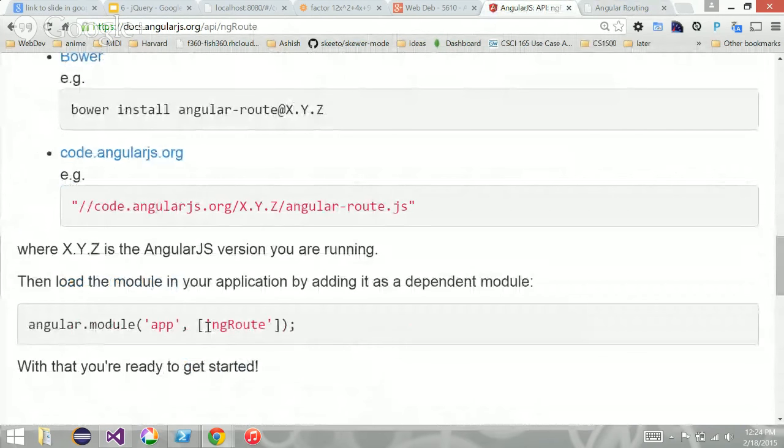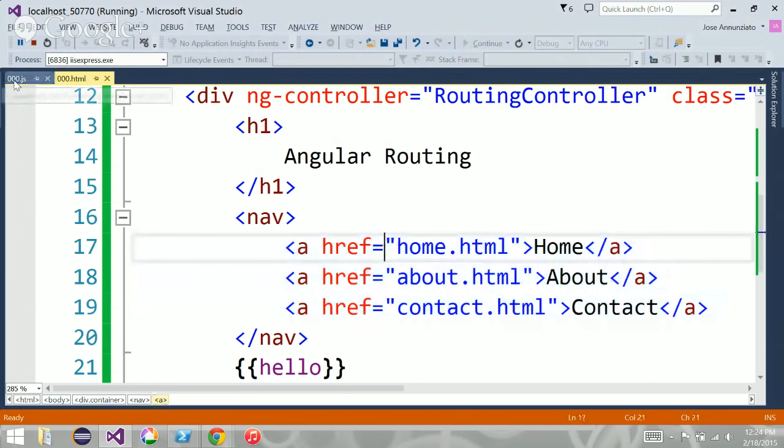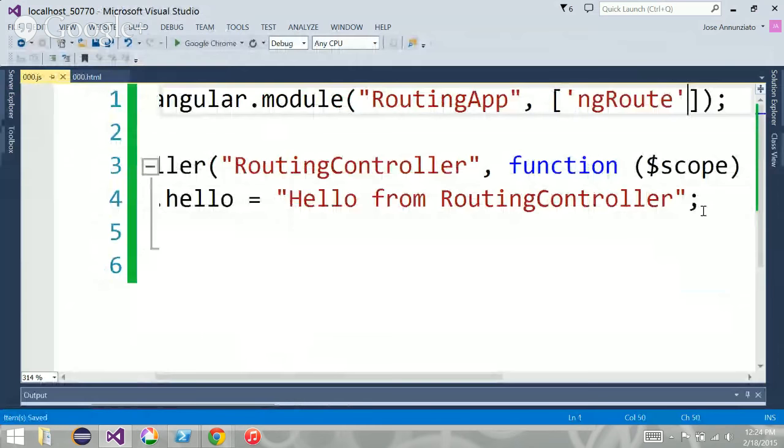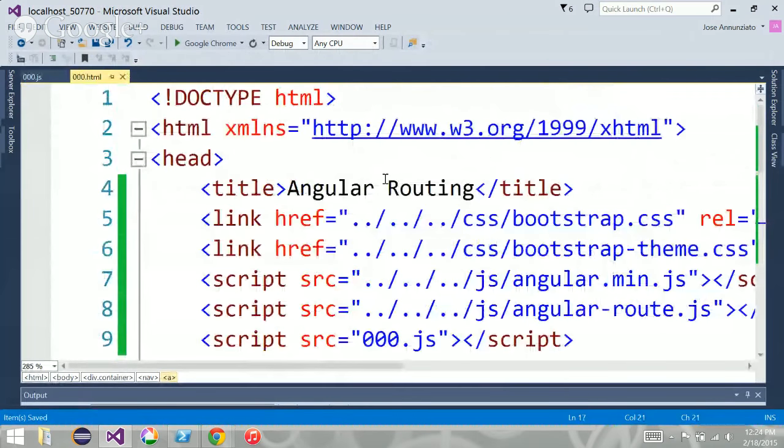So your application, in that array that has been empty for quite a couple of weeks, we're going to now tell it that the application depends on the routing framework, which has been split up. So let's go back to our application, and we're going to say that we depend on that module, and this module is declared in this JavaScript which we loaded.